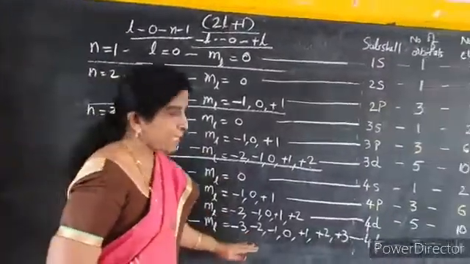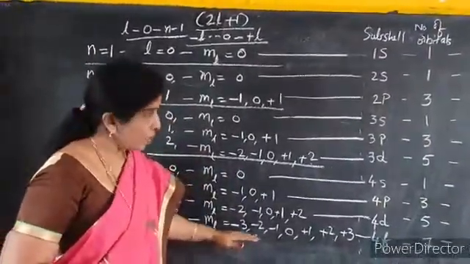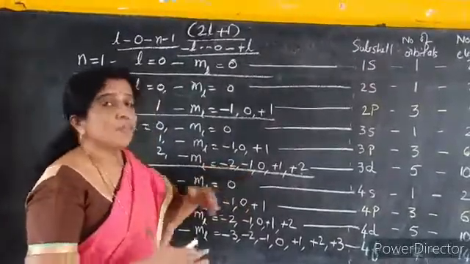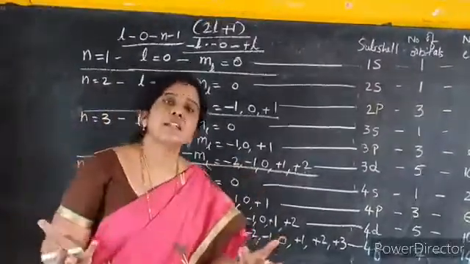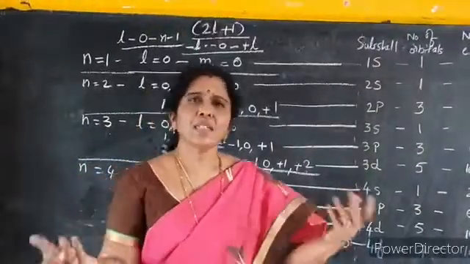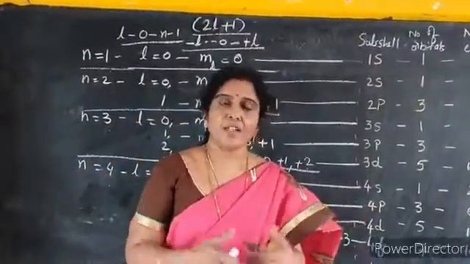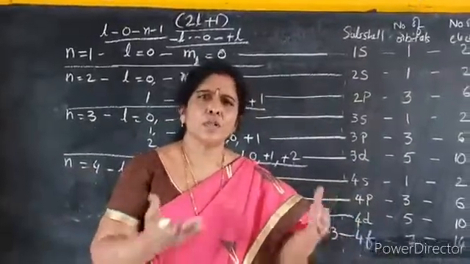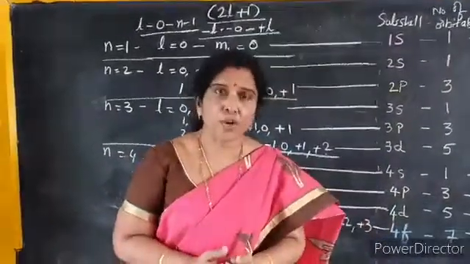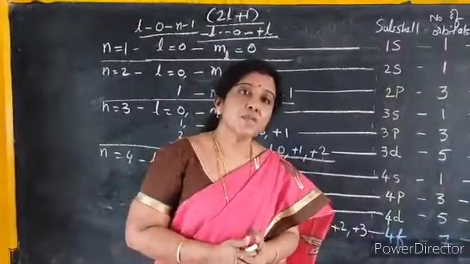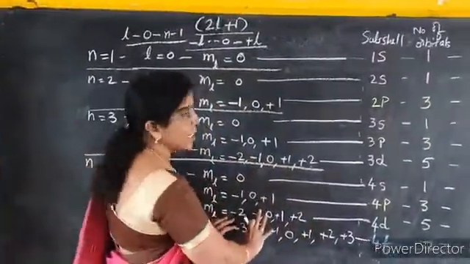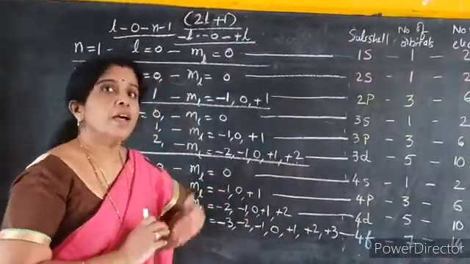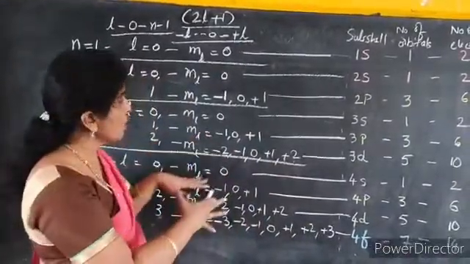Now coming to magnetic quantum number. Okay, now you can just correlate these values with the number of portions present in a house. So you might have seen in various colonies, each house has 2 portions or 3 portions or 4 portions and so on. You might have definitely observed. So you can compare magnetic quantum number values with the portions in a house. And how many portions are there?